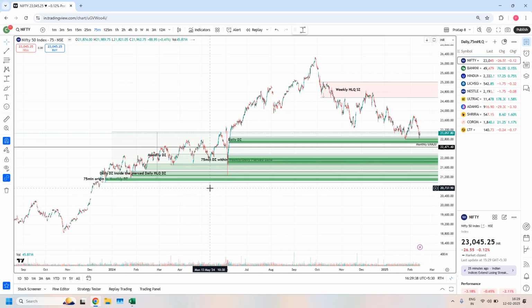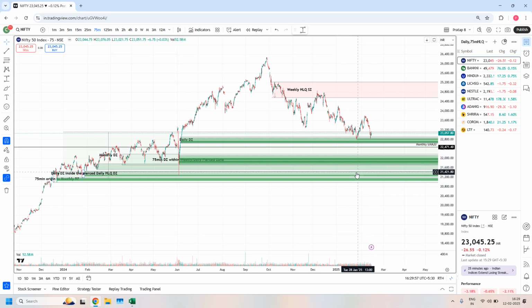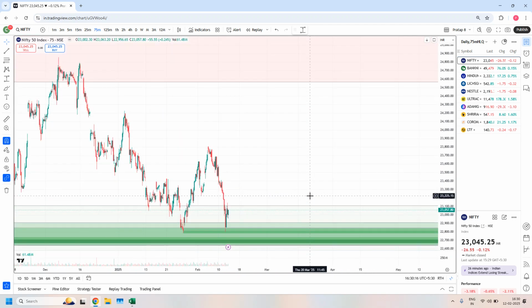Don't forget, monthly means what? It is a strong buyer's area. Monthly zone is a very strong buyer's area. Institutions can't play inside the zone against these buy orders. They can't make this zone violated just like that. Even if all the institutions sell, there could still be so many other institutional buy orders here, maybe domestic or foreign investors, whoever it is. There are strong order flows here. That is the reason why I confidently said,